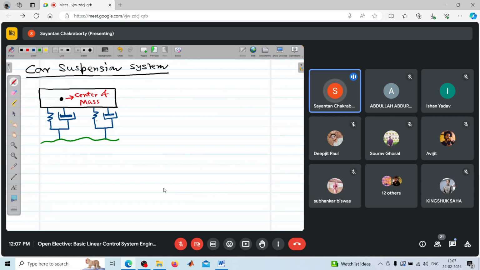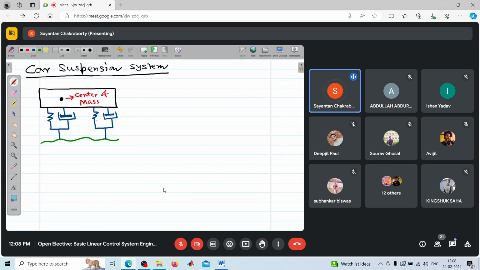Suppose the front wheel is experiencing a speed breaker, so it will move in an upward direction, while the rear one is on a plane surface. So there will be a rotational motion about the center of mass. So mathematical modeling of such a system will be